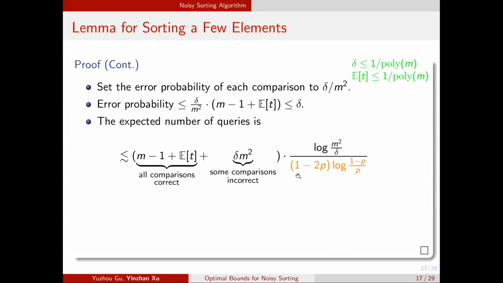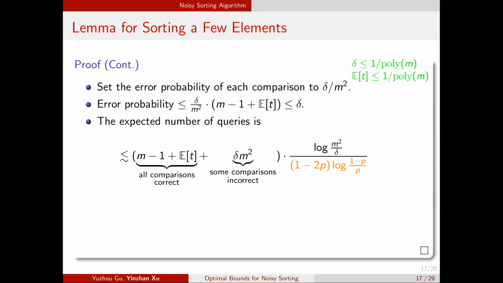Here, this term is the expected number of queries we need to compare two elements with error probability delta over m squared. And the first term accounts for the case where all comparisons are correct, because when all comparisons are correct, insertion sort will make only n-1 plus t comparisons. And if some comparison returns an incorrect result, then we can still upper bound the number of comparisons the insertion sort makes by m squared. But because the error probability is upper bounded by delta, we can multiply delta to this